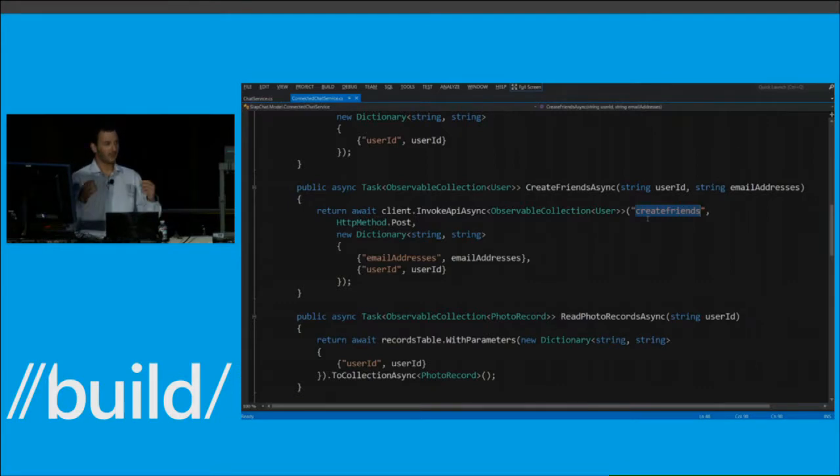I'm not going against an individual table and doing an insert or a read. Create friends is a complicated process. It takes multiple steps and touches multiple tables, so it didn't really make sense to do it as an insert script or anything like that. It's just not the right place for it. So I just created an HTTP API